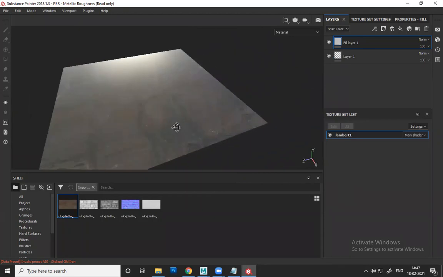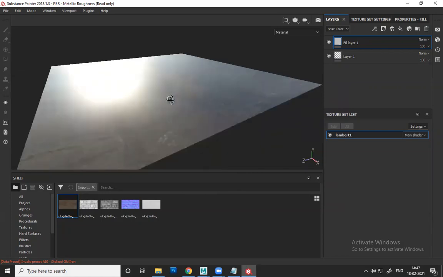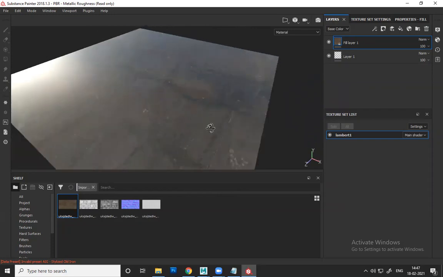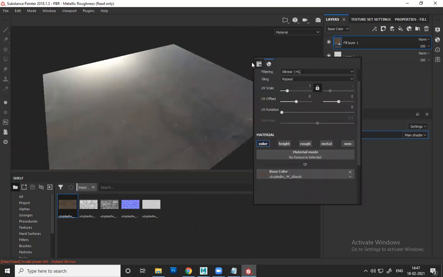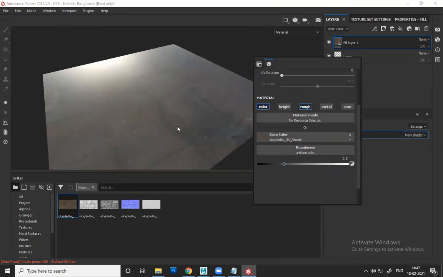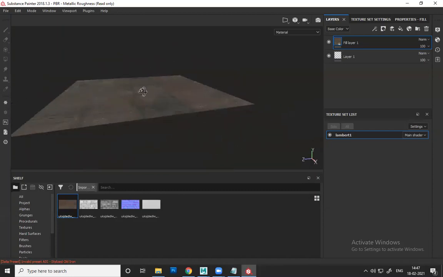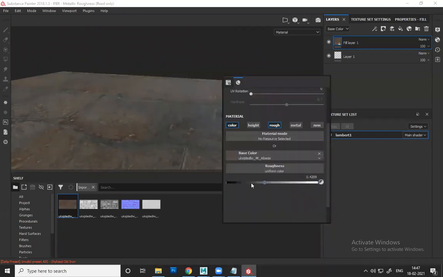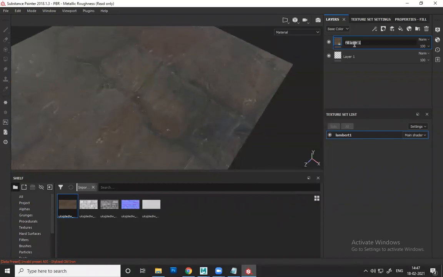But as you can see, the surface is shiny. I have no bumps. I have no proper roughness that I want. The shine is standard. It's not getting obstructed. So definitely we need roughness, normal, and bump maps, right? Even if you right click on this layer and switch on the roughness tab and just make the roughness 1, you still won't get that feel of roughness obstruction, that realistic feel that we are supposed to get. So what I'll do is I'll switch off the roughness property. Now I'll name this layer base color,